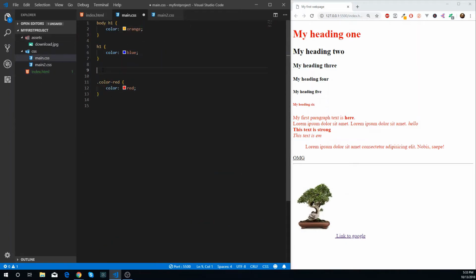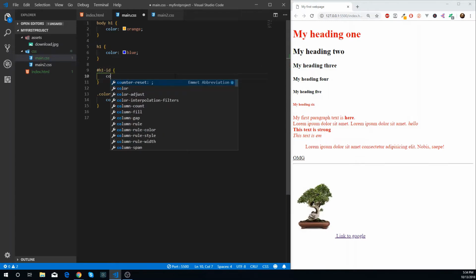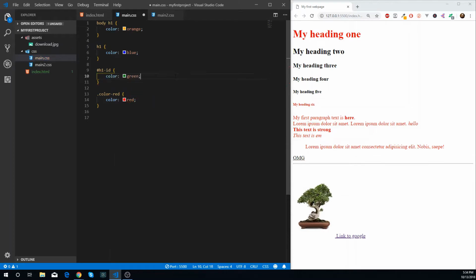Going to go back to my main CSS. Before the class, we reference an ID in CSS with a hashtag. So I'm going to write hashtag h1-id, and inside I'm going to write color green, and I'm going to save it. As you can see, my heading changed color to be green. Even though the class is the last style, ID is more specific, and this will take effect. Even if I say body and class color red and save it, ID is the most specific way to target